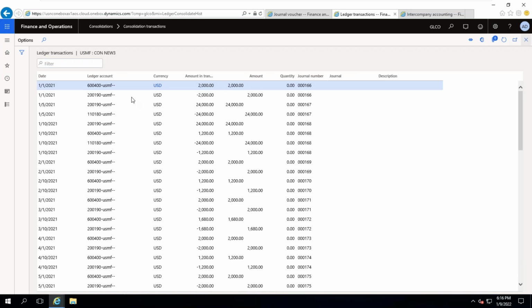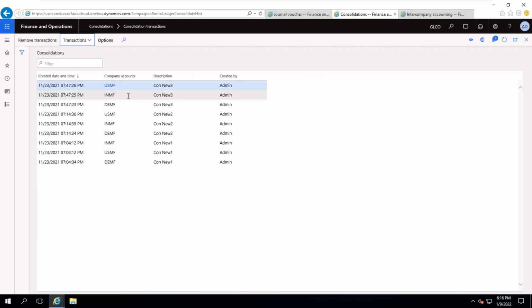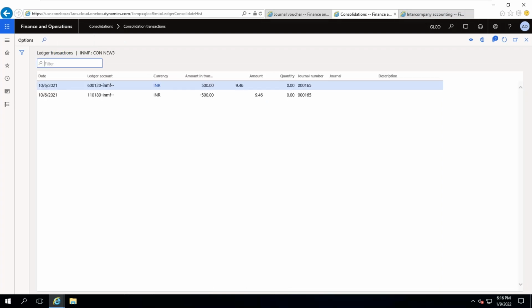This is USMF company, and in the same manner you can see the transactions for DEMF company and INMF company. This is for viewing only, to verify that at least some data exists or not.